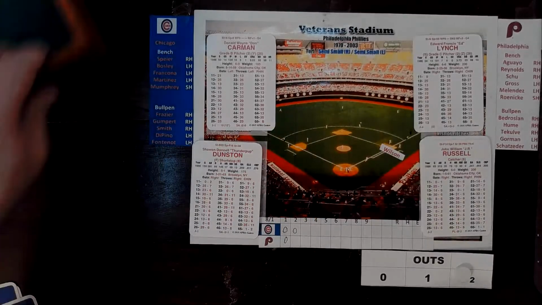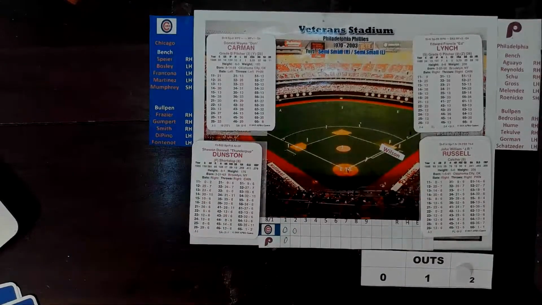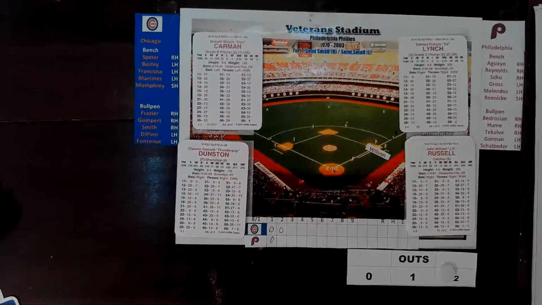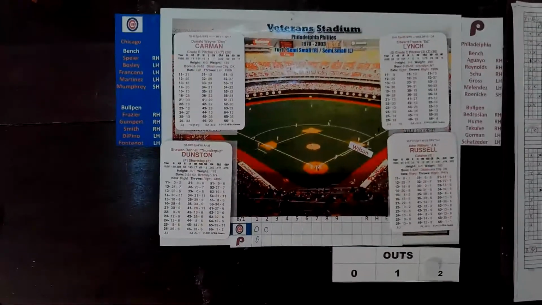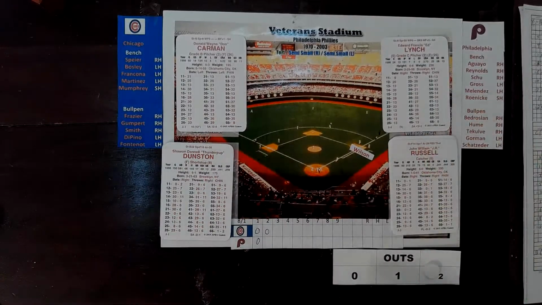So maybe I don't need this tray after all. That might help a little bit. Give us some more room. I don't have to worry about covering. Maybe even see, well, I can't really show everything. I'll show part of the score sheet, I guess, but at least everything here is shown. So here's Russell,